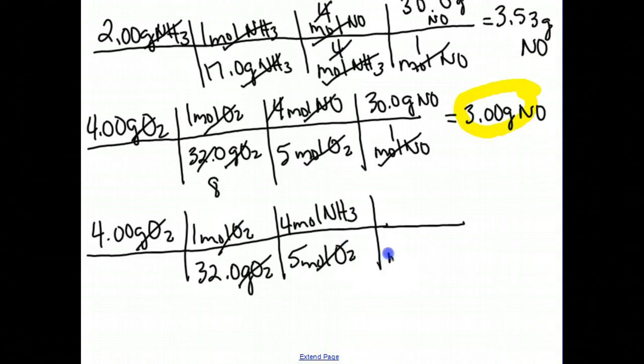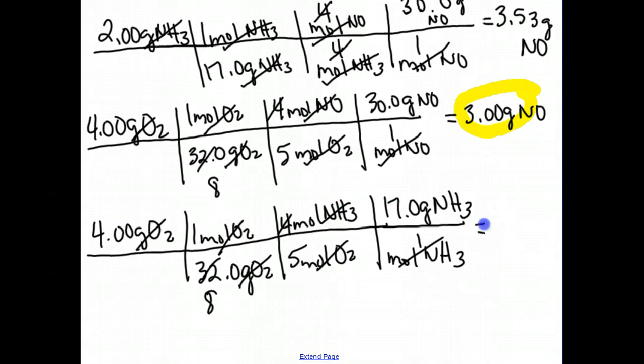We need moles NH3. We know that there's 1 mole NH3 for every 17 grams of NH3. So moles is going to cancel with moles. Again, 4 can cancel with the 32, producing 8. We have 4 times 17 divided by 8 times 5. This is going to equal 1.70 grams